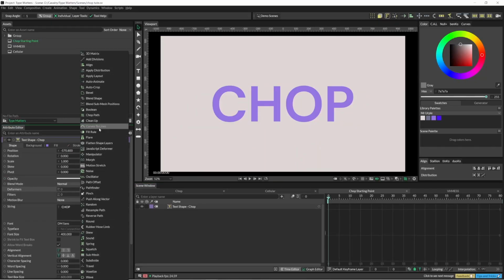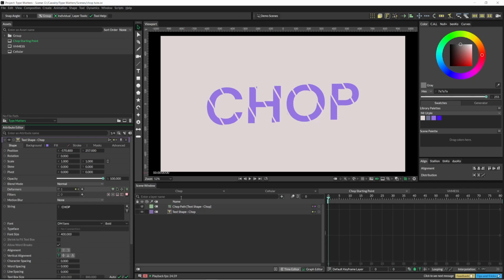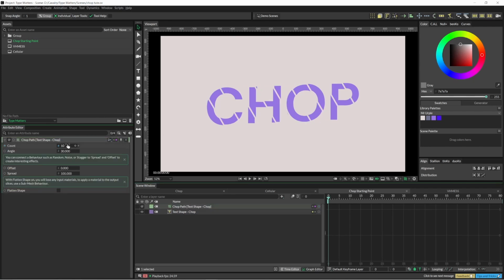In Cavalry 2, they have created a new deformer called Chop Path, which cuts up your shape and allows you to do a number of cool different things. So I'm just going to quickly run through it. We're just going to change the count to 30, change the angle to 90,